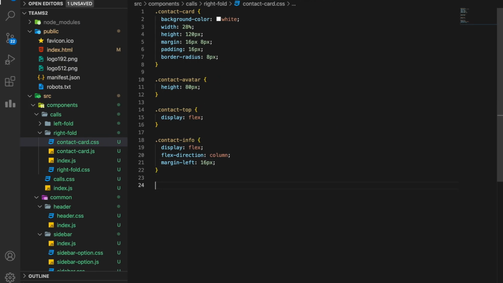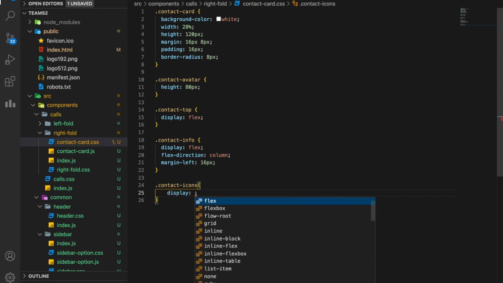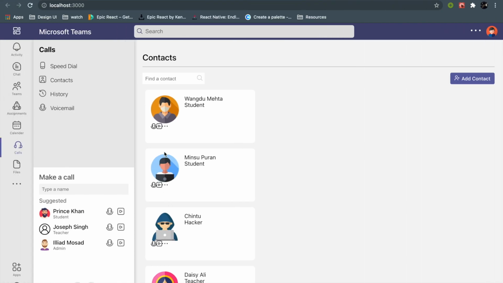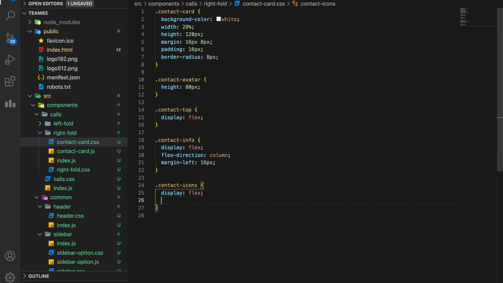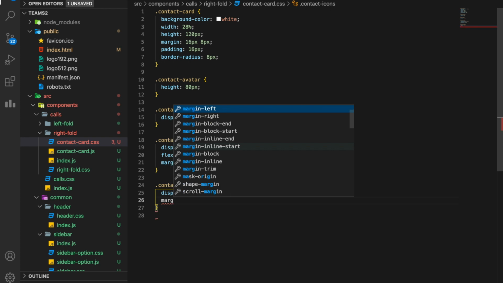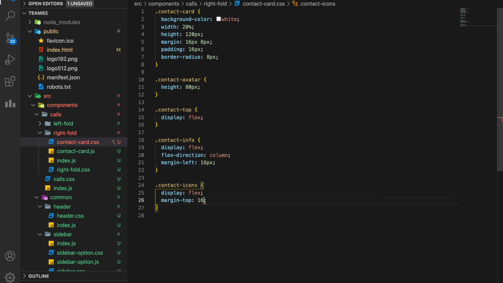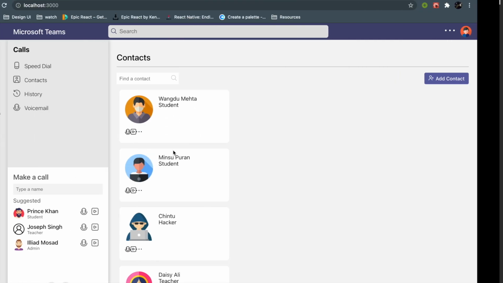Now let's style the icons. So it is contact icons. For the icons I'll have a display property of flex so that they are in a line. Then I want margin top so that it is slightly below the image. Margin top of 16 pixel. Yes, it looks good.